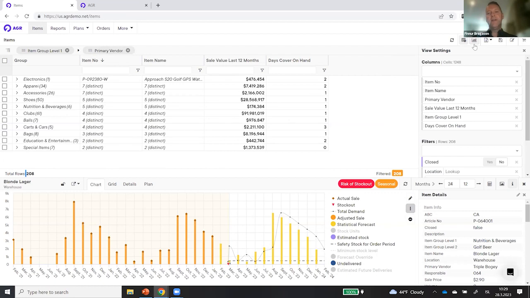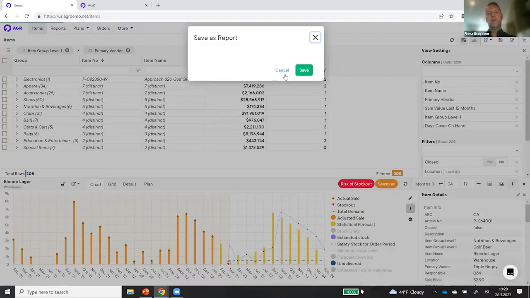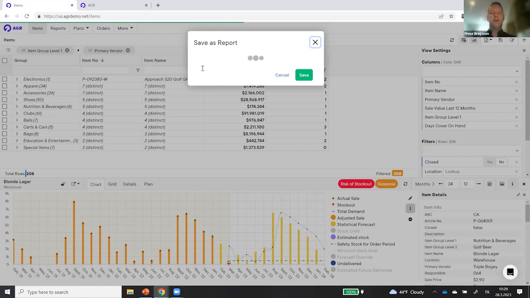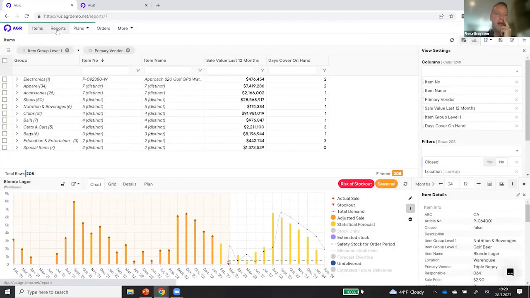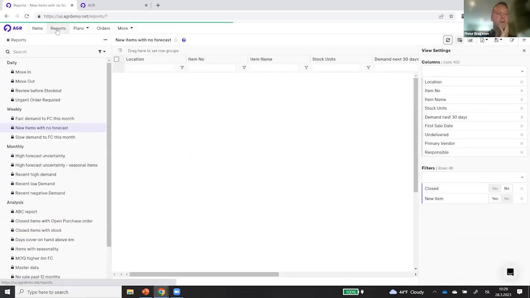I could save this report that I created here. And we could give it a name, a description, and I could share it, be my report. I could share it with everybody in my organization or so forth. And then it will be added here to the reports